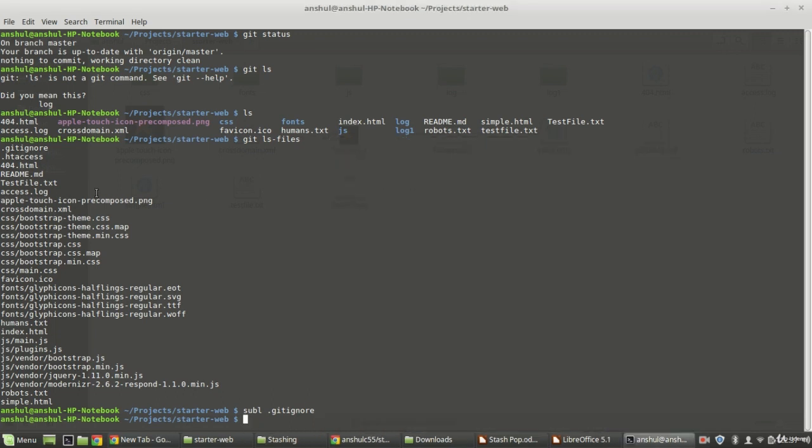So if I make any change in this access.log file, although it is being tracked, I can see in git ls-files that it is showing this particular file. Why is it showing this particular file? Because after the last lecture, I added it forcefully, right? But if I make any change in this access.log file, git stash will not track it. And additionally, a file which is not present over here, git stash will also not stash that particular file. Okay, so let's clear the console and